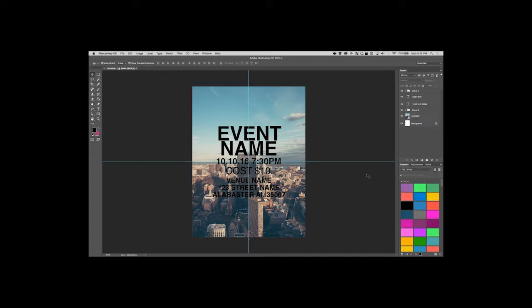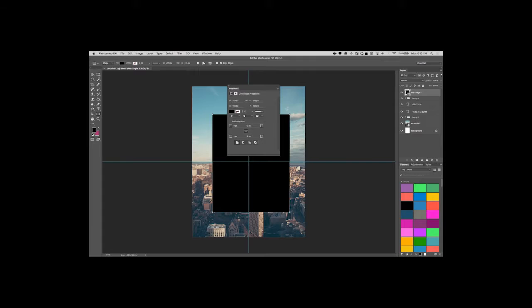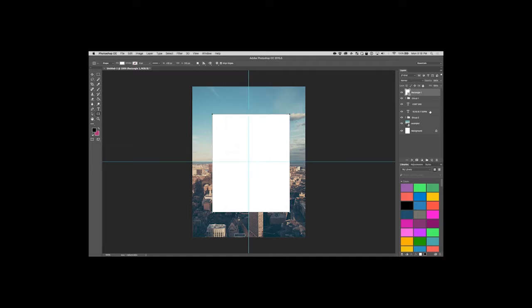But first, before we get too far into it, we want to make our text a little more readable. So if you go over here, left-hand toolbar, and get your square tool, and we're going to draw a square around all of this. All right, and we're going to just change the color real quick to something else. Doesn't matter what it is. Make sure you drag this all the way down underneath your